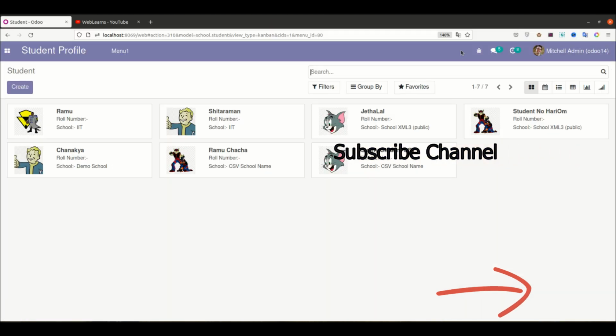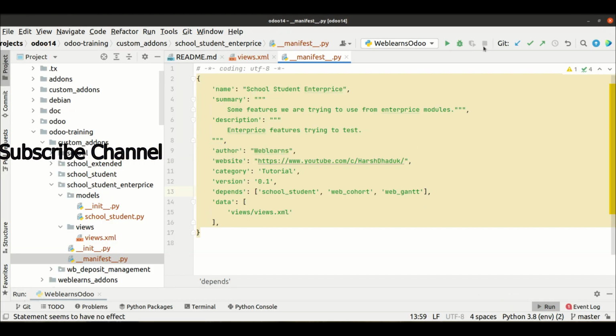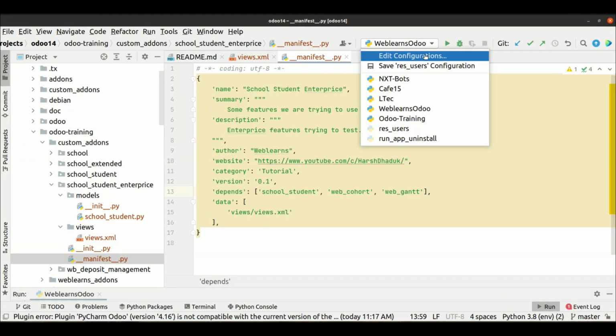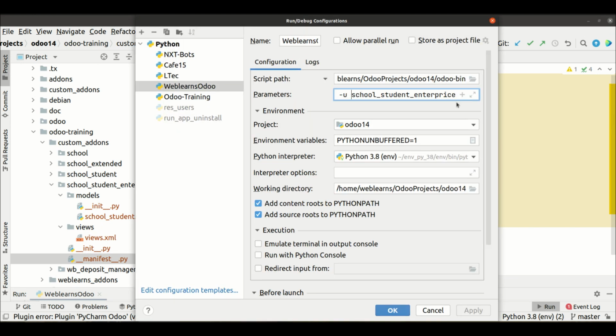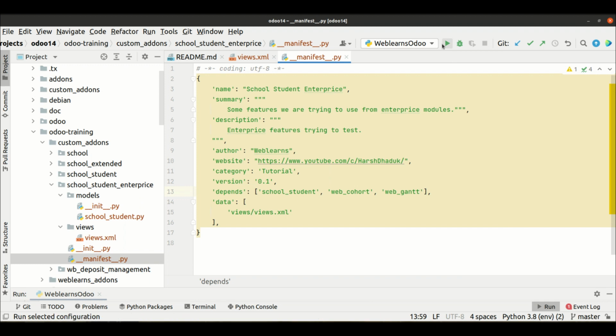That's it. Let me stop the service. Then let me remove this code, because I'm upgrading the module directly once I restart the service. So let me run it as a simple Odoo.